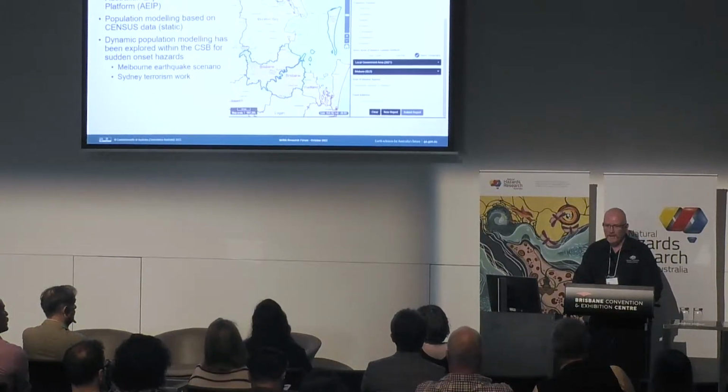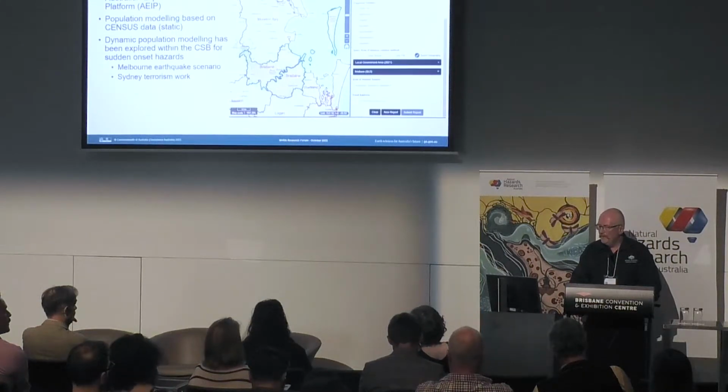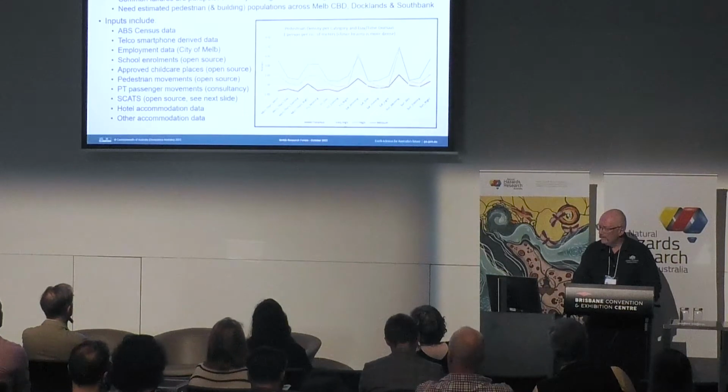So one was a Melbourne earthquake scenario, and another one is not relevant to the Natural Hazards Research Forum, but we do some counter-terrorism work as well. So we've used a dynamic population model in Sydney to put people in different locations when a terrorist might detonate a device. A lot of words there, so I won't go through all of them, but basically the Melbourne case study was